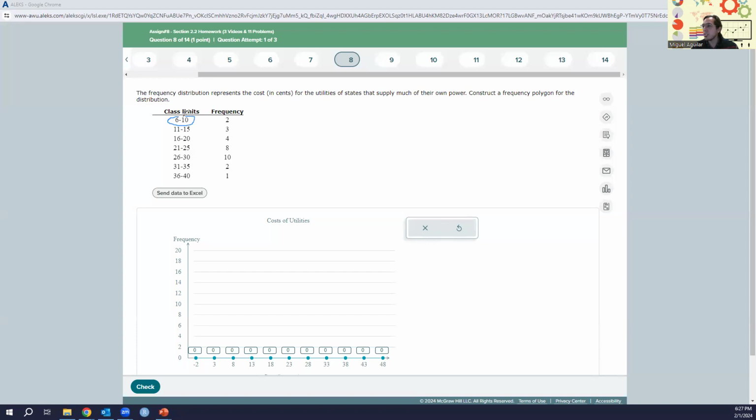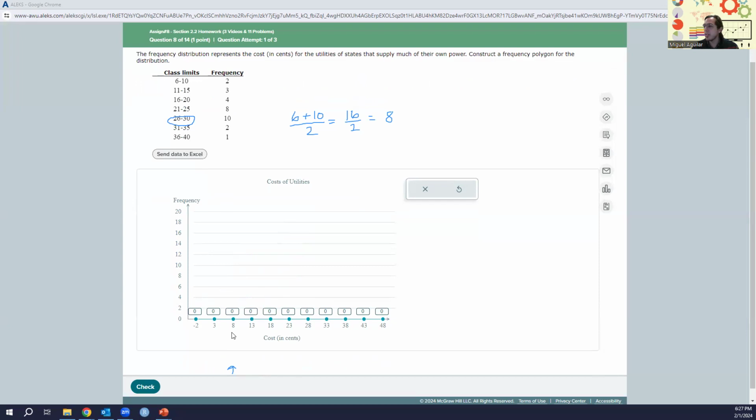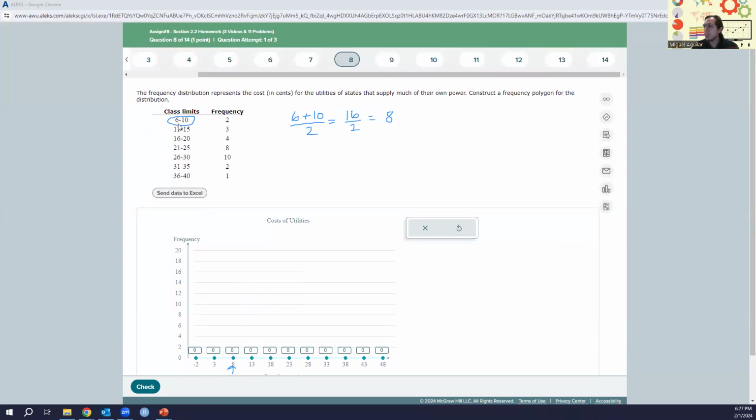So if I take this first class here, and I take 6 plus 10 divided by 2, I know that's going to be 16 divided by 2. So our first class midpoint should be 8. And what do you know? 8 is featured down here on the x-axis of our graph, okay? And don't mind the annotations here. They're going to sort of wiggle around as I scroll up and down. But the main idea is that we need to find these midpoints so that we can plot the frequency at